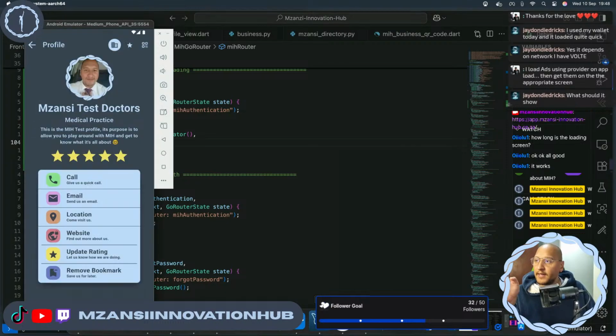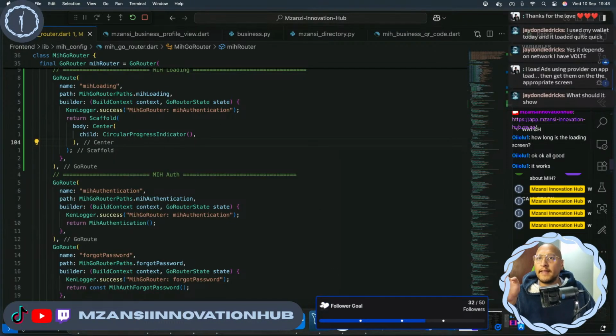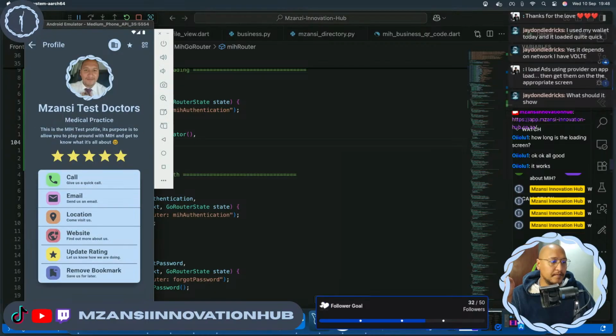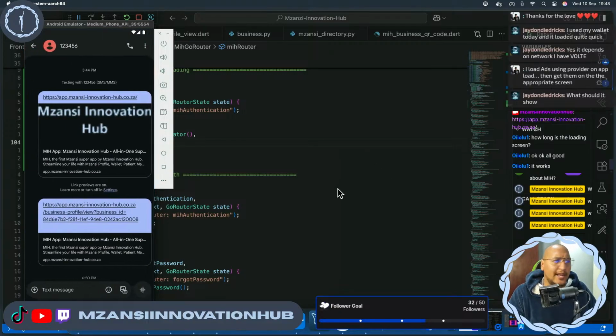Okay, so we have that. Let's rerun the application so that it can reinstall things for us. So yeah, it should have some sort of indicator over there showing us that MIH is loading and it's getting your information. It should have something like,